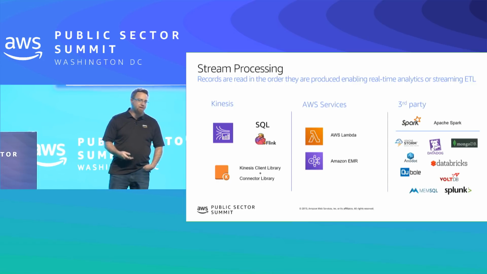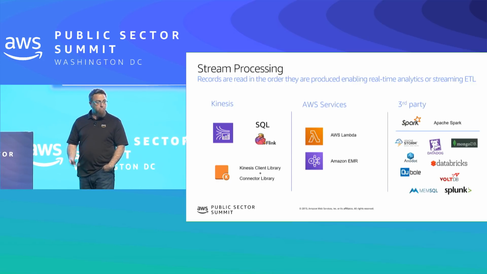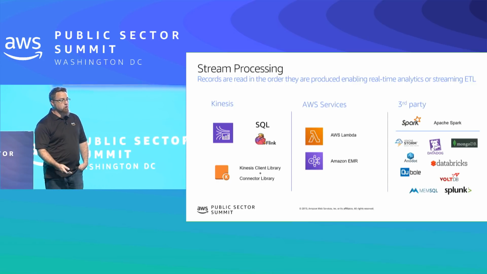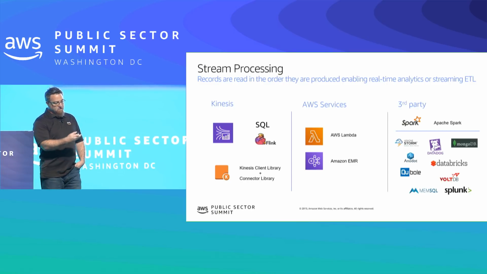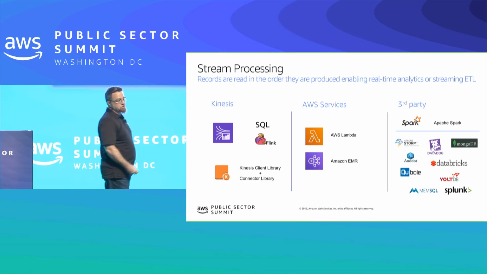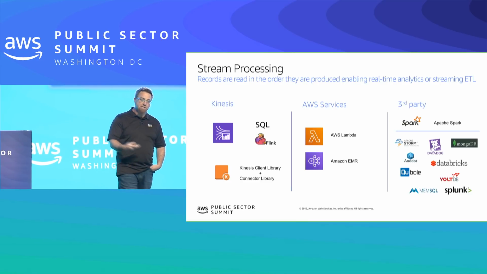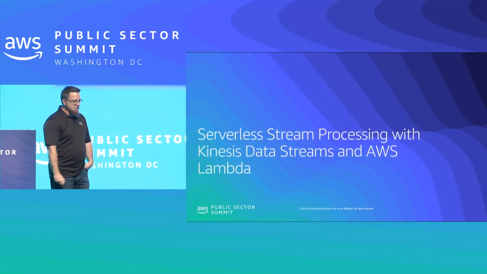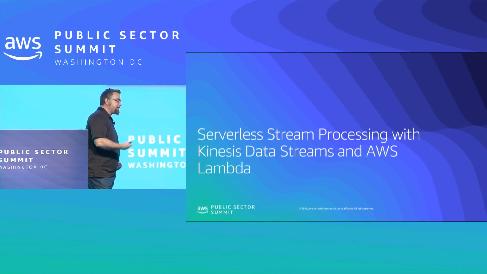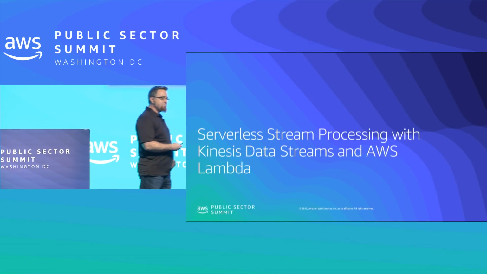The most popular out there probably today is Apache Spark, being able to utilize Spark streaming off of a Kinesis stream to process that data. But there's a whole slew of them as you move forward, things like Apache Storm and Databricks to do that processing as well. And so to get started, I'd like to start with the Kinesis data streams side of processing,